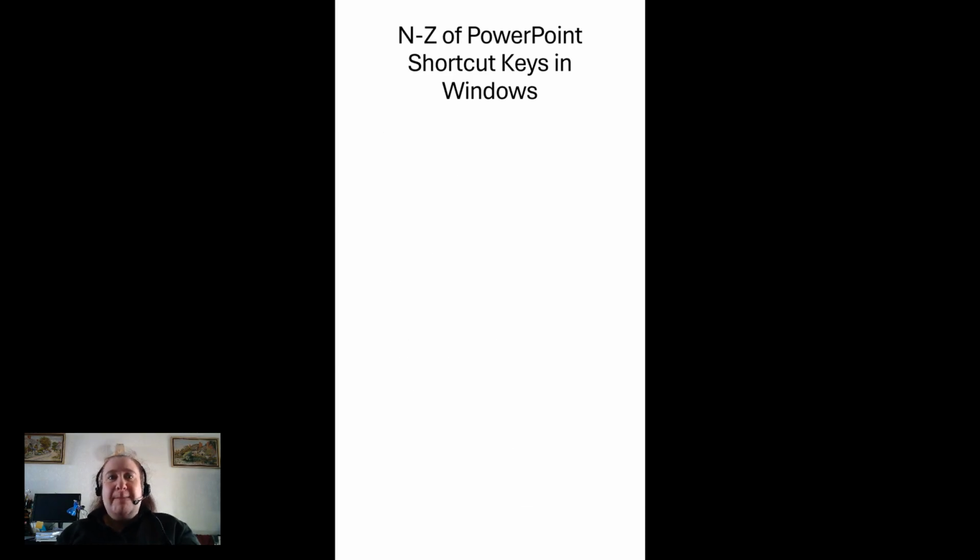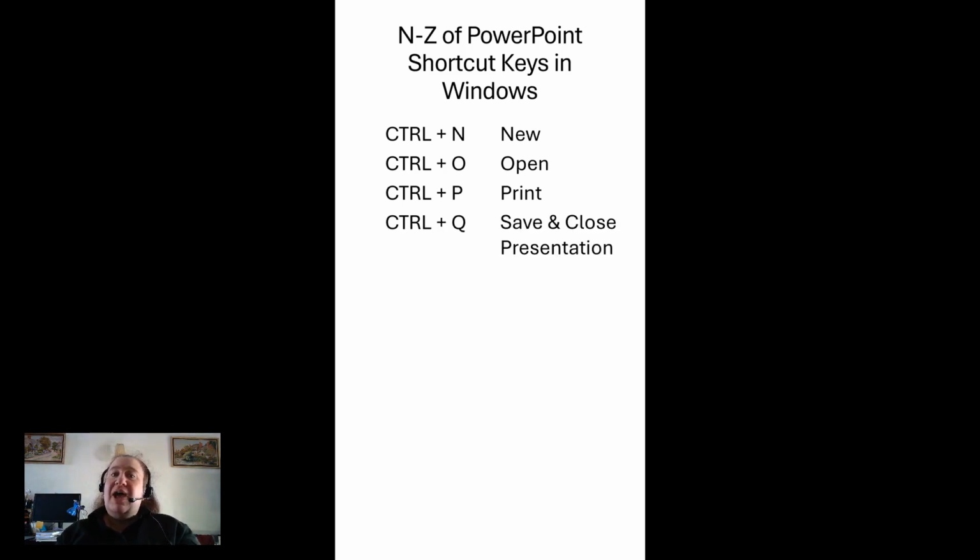Moving on, our second half, N to Z. Control N is new file, Control O, open file, Control P for print, Control Q, save and close current presentation,